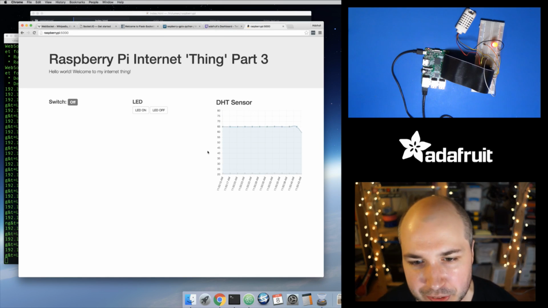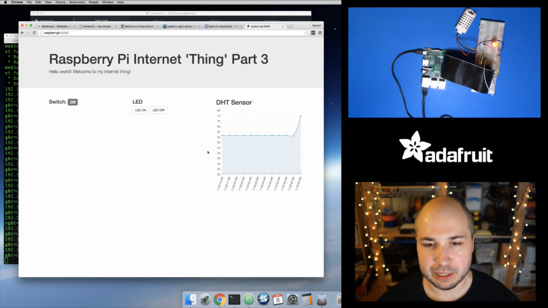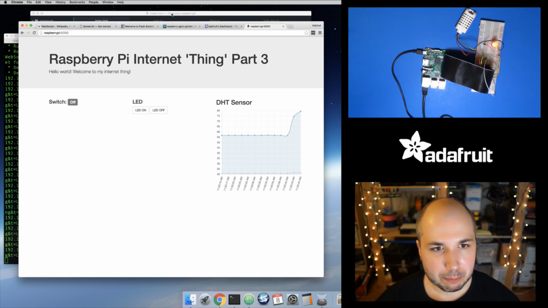And we should see that it spikes up here in a second. So yeah, there goes the humidity for it, so it's working. That's pretty cool. I think we've pretty much done what I wanted to do, but let's just do